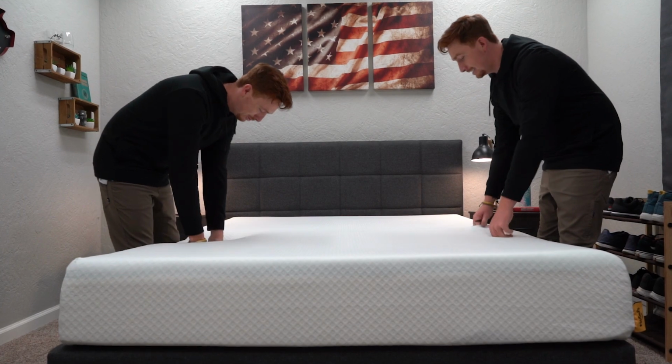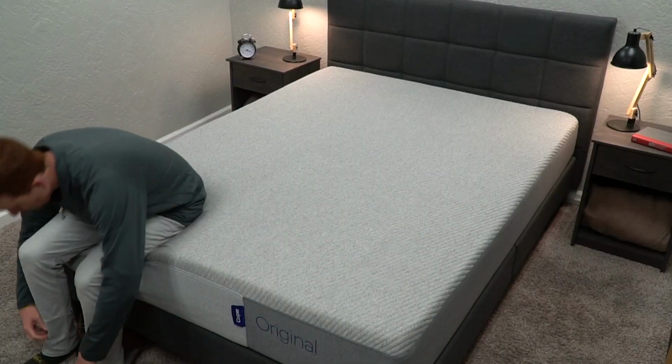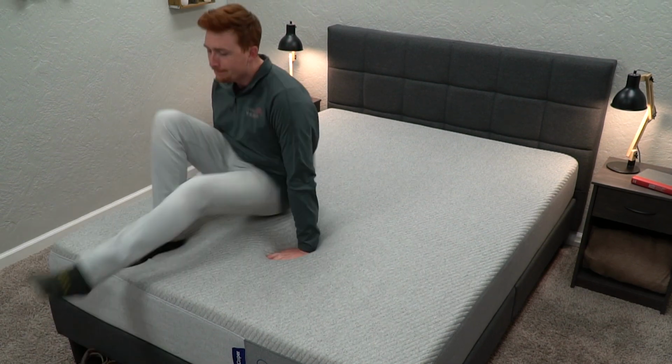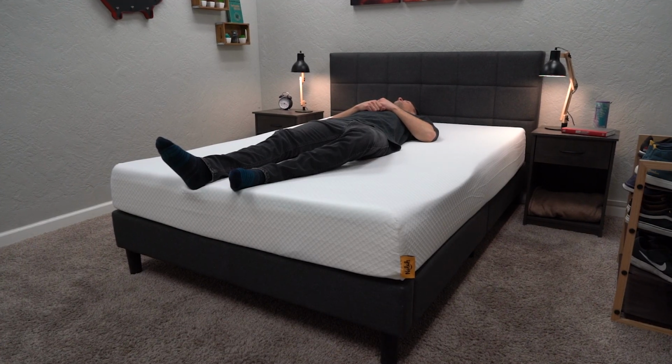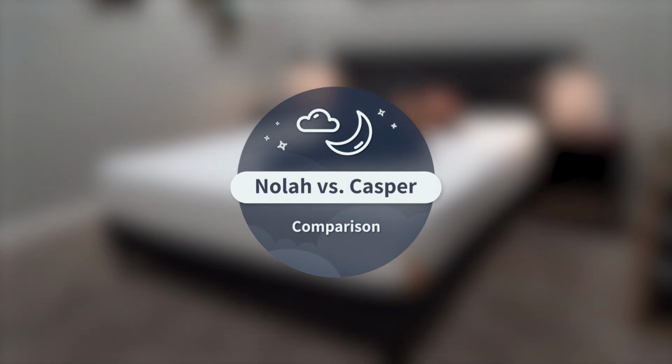I am fired up because today we have another mattress comparison for you. We're going to be seeing how the Nolah Original 10-inch mattress compares to the Casper Original bed. So these are two pretty popular all-foam options within the online space, but if you're really considering which one you should ultimately go with and why, but you're kind of stuck between your decision, you've come to the right video